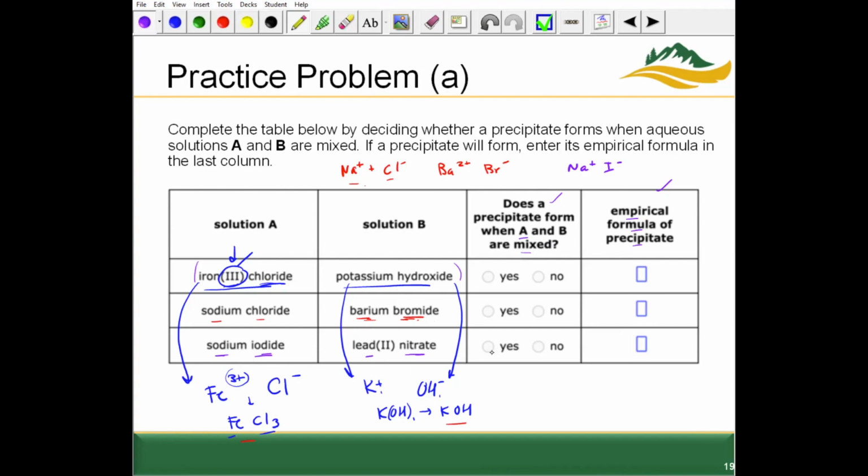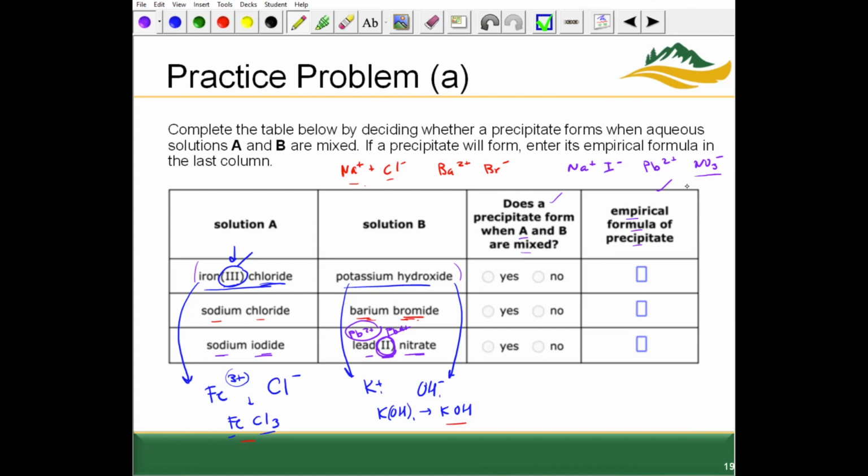Lead nitrate now. So either we have nitrate memorized or we're able to look it up quickly. Lead is Pb2+, nitrate is NO3-. We know it's 2+ because of the Roman numerals here. We had to include the Roman numerals in the name because lead can form either Pb2+ or Pb4+ ions. Then nitrate is NO3-. Again, having that memorized or really accessible to you, like on your note